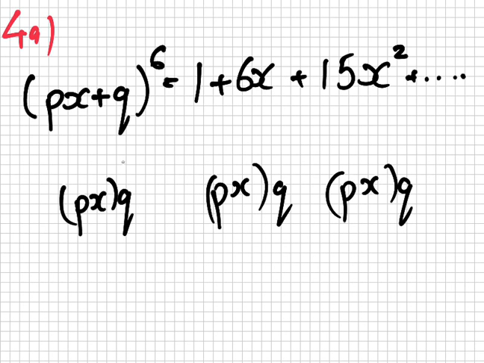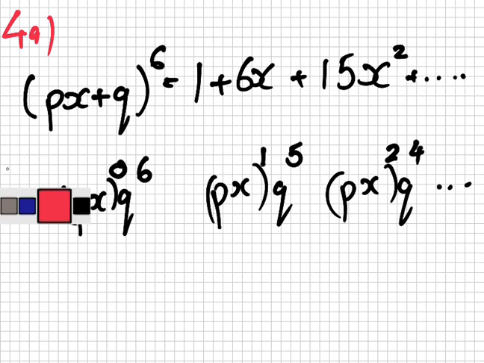So do I want to start at power 6 or power 0 on the x? 0. Because it's just a thing. So this is 0, and then the Q would be 6. This is 1, 5, and then this one here is 2, 4, etc. And then in the front, well, this one here is